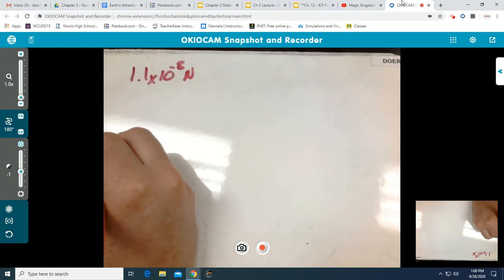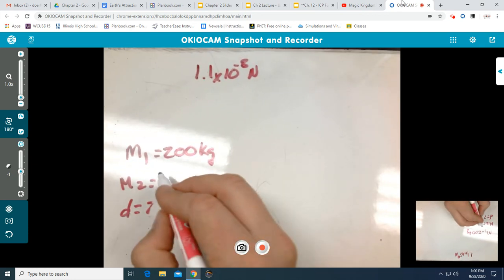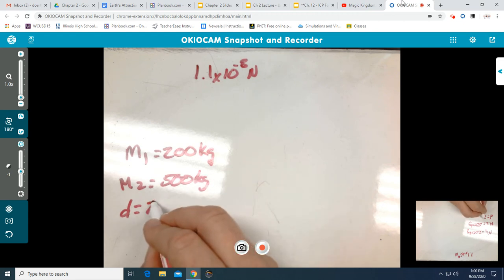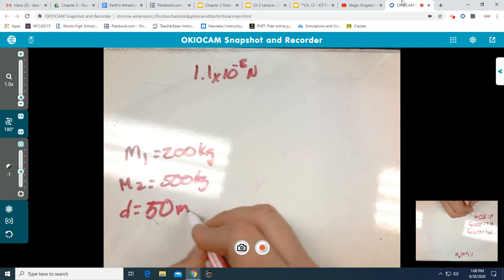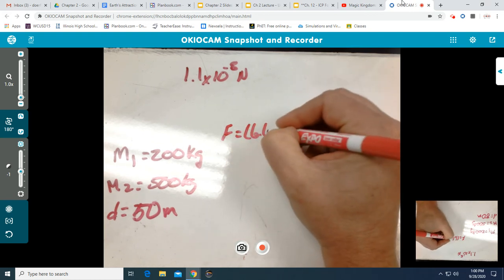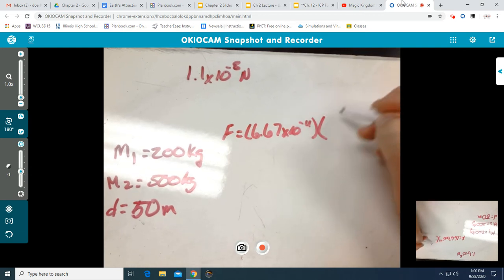Again, 200 kilograms for our first mass, 500 kilograms for the second, but this time our distance is going to be 50 meters. Going back to the formula, 6.67 times 10 to the negative 11th multiplied by essentially 100,000, because we already know that from the last one, kilograms squared,